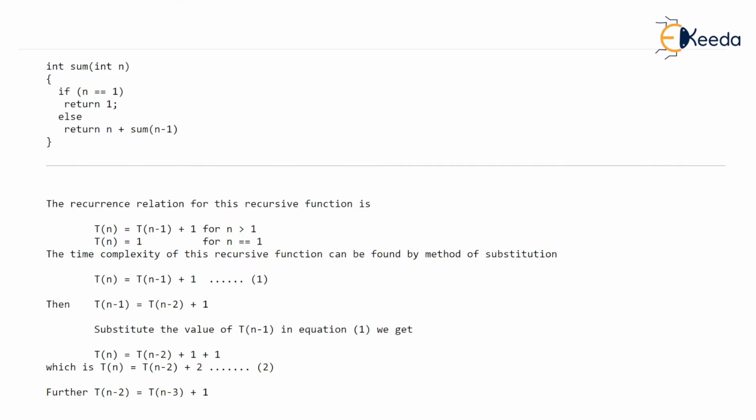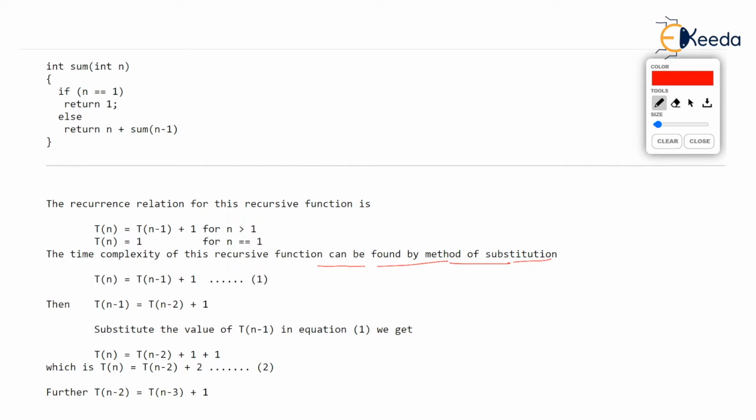Let's see how to solve this particular problem and how to solve the recurrence relation. There is a method called the substitution method. We will solve the recurrence relation by the substitution method in this video. There are other techniques also, like Master's theorem and the tree method, but in this video we will see the method of substitution. So let's solve. I have written the same recurrence relation, Tn is Tn minus 1 plus 1, which we had got. We have numbered this as 1.